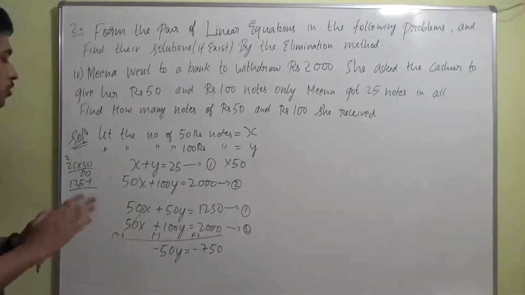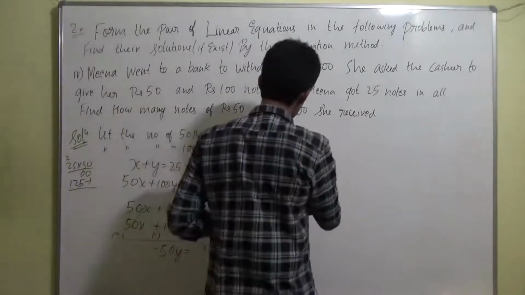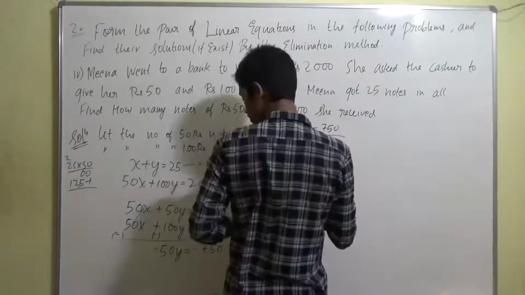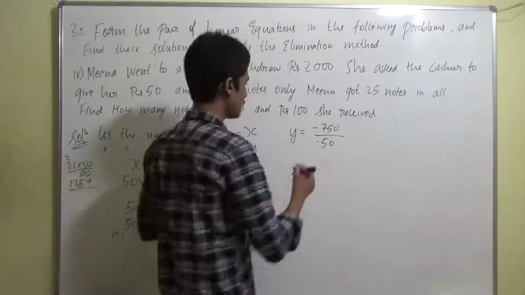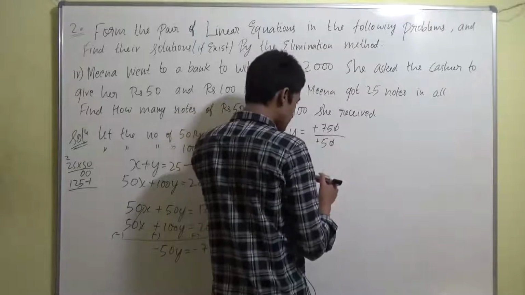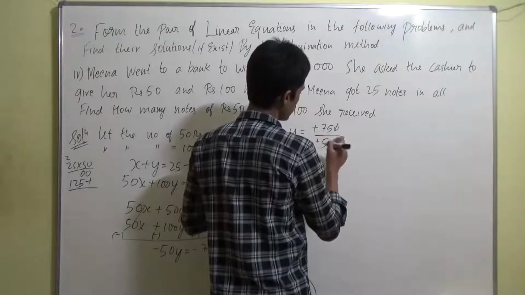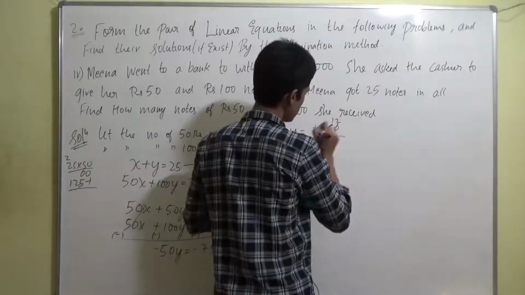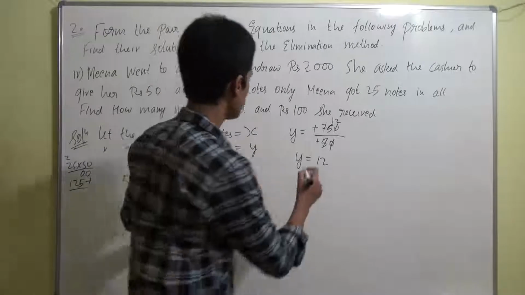Y is going to be equal to minus 750 by minus 50. So y is going to become equal to minus 750 by minus 50. So first step, minus minus will get cancelled up, right? So it will become plus, and here 0 0 got cancelled up. So 5 into how many times is going to give us 75? 5 1s are 5, 5 2s are 10, okay, 12. So y equal to 12, right? We got the value of y.